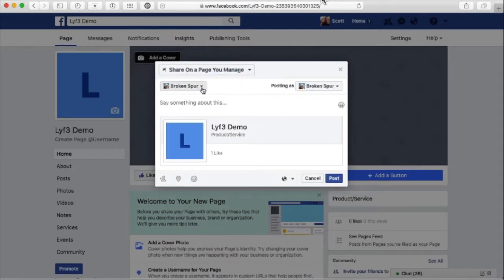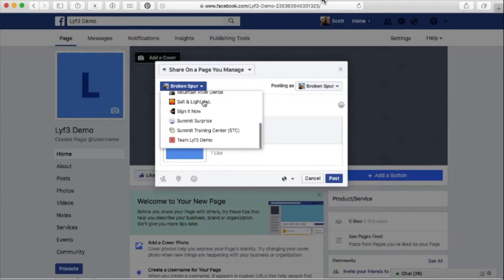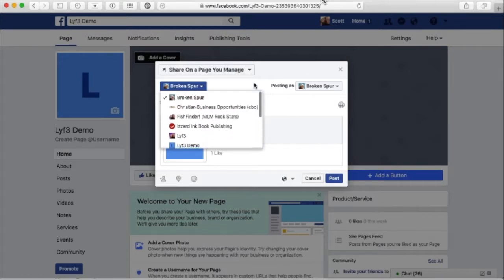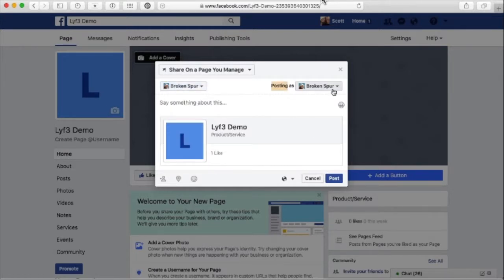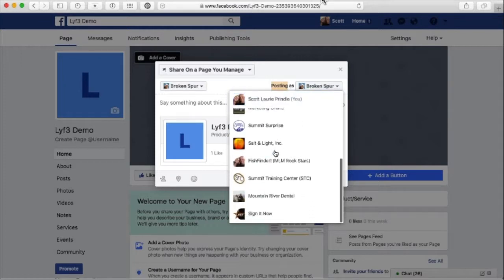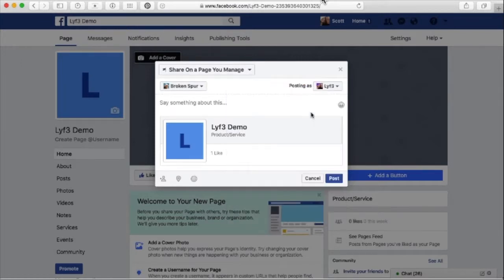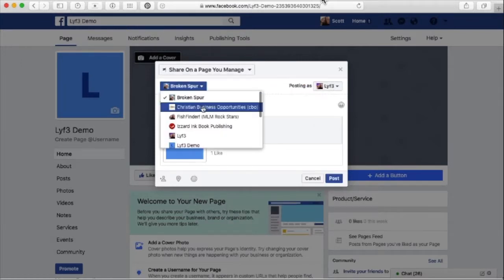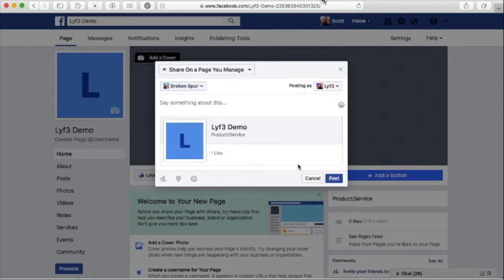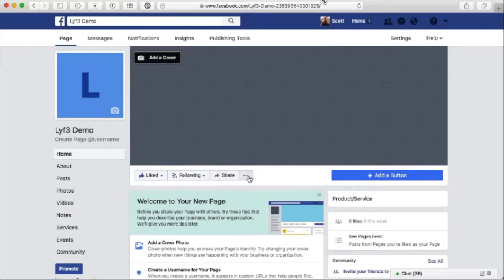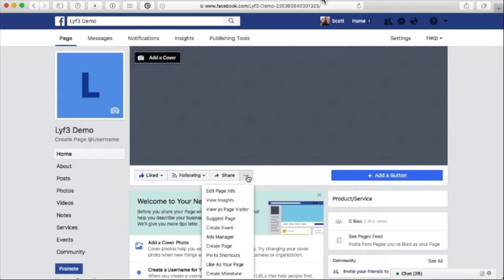For example, any other pages you manage, if you want to share this page on that page, you can do it. Make sure you're posting as the page, in this case, Life 3 for us. And this is showing that it's going to post to the page Broken Spur. So, but the 3 dots are where you can pull up more stuff, and very important is to edit your